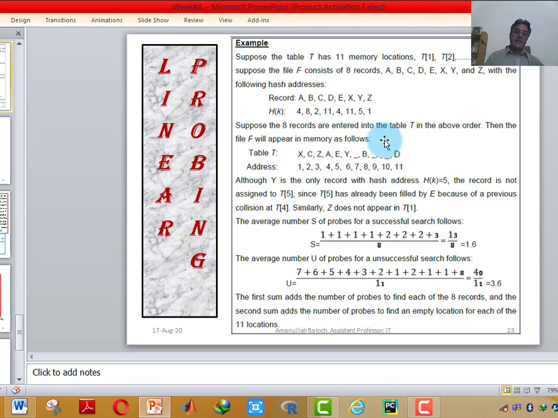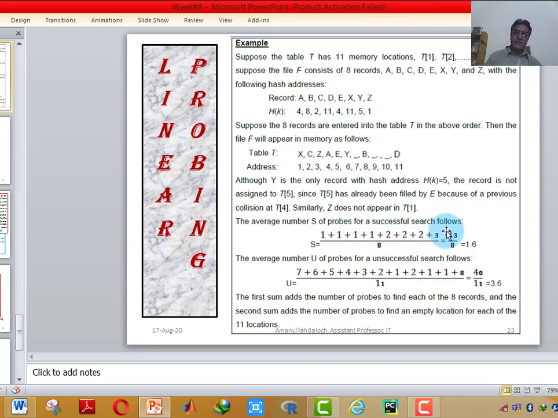Similarly 3 for Z. Why is it 3? Because the hash address of Z is 1. 1 was not available, it searched for 2. 2 was also not available, it searched for 3. 3 was blank, it stored itself at location 3. So it takes 3 unit time to get the location where it has stored itself.